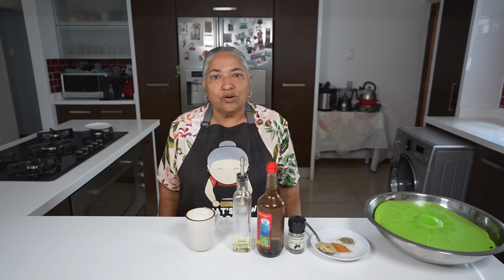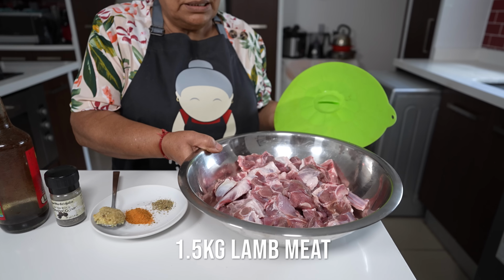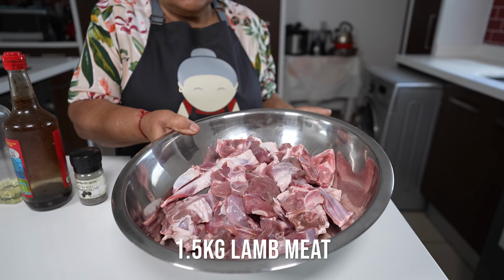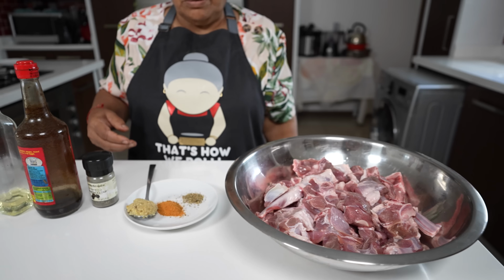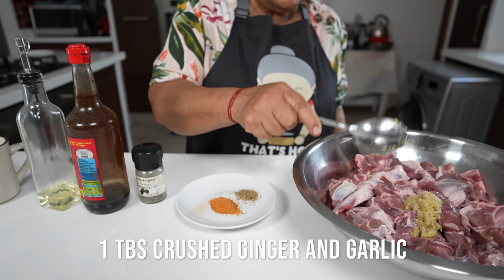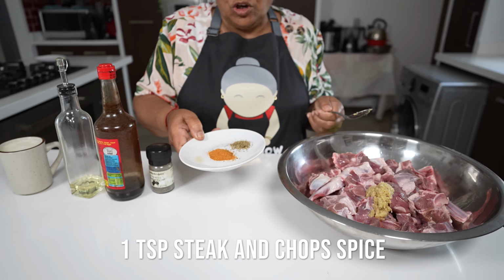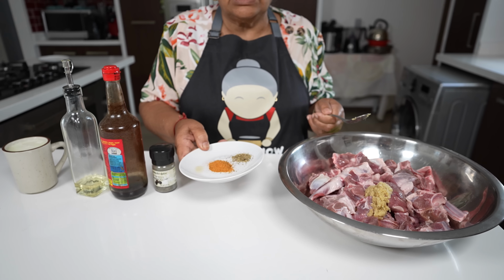Today I'm going to show you all how to make our version of masala lamb biryani. Here I have 1.5 kilo of meat that I cut and washed out. For the marinade, I'm going to use a tablespoon of ginger garlic, a teaspoon of chopped masala, and a teaspoon